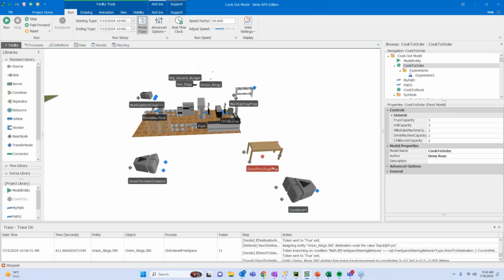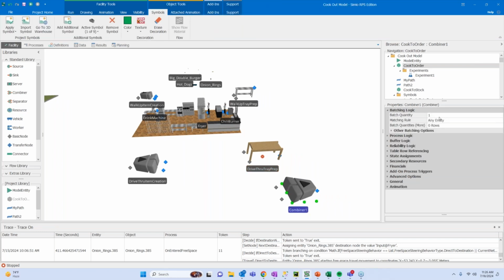We can have many different ways of batching. On this combiner, we can say, what is the quantity with which we want to batch? Do we want to match members, match parents? We'll touch on this at more length. But in our data-driven approach, we want this combiner to be able to handle and fulfill all different possible order combinations, where this combiner could handle X number of given combinations.